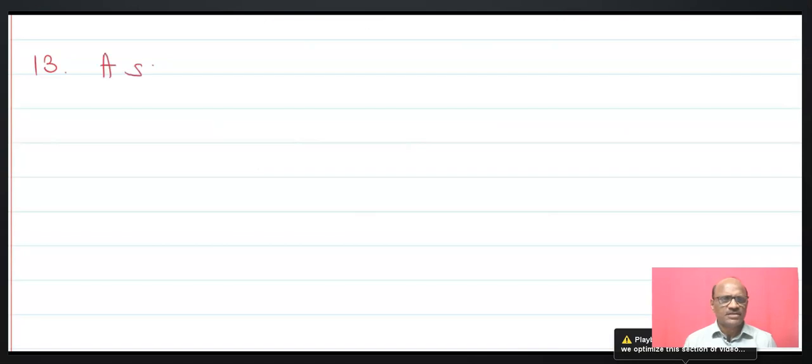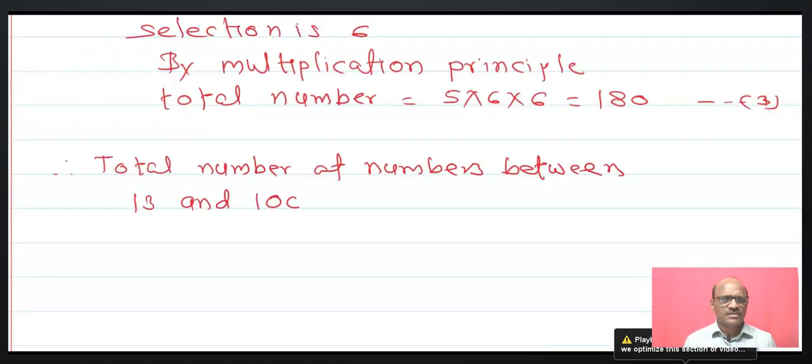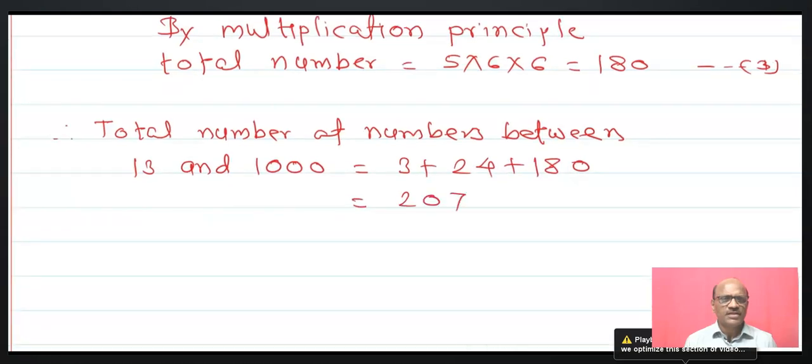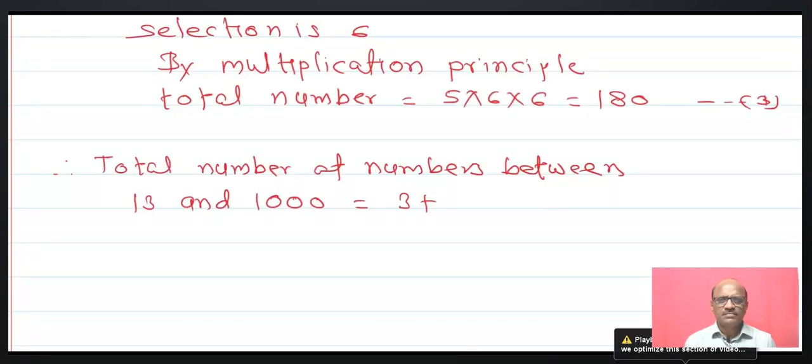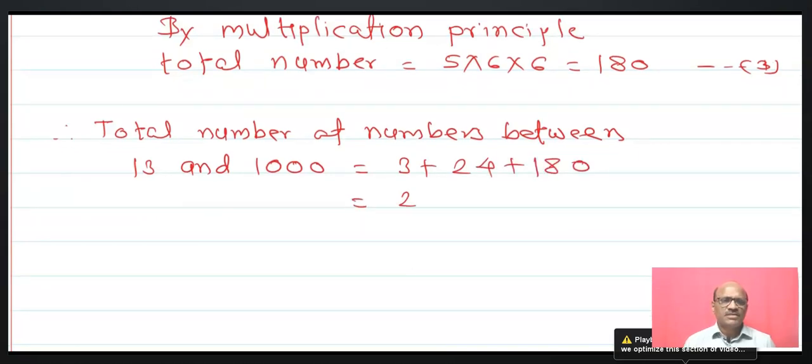Now see this again. 3 plus 24 plus 180, that is equals to 207. Now again I will show it. That is 3 plus 24 plus 180, that is 207. Now next,